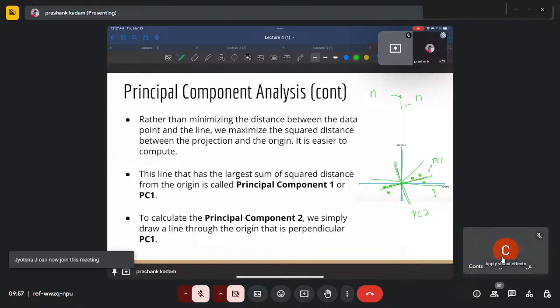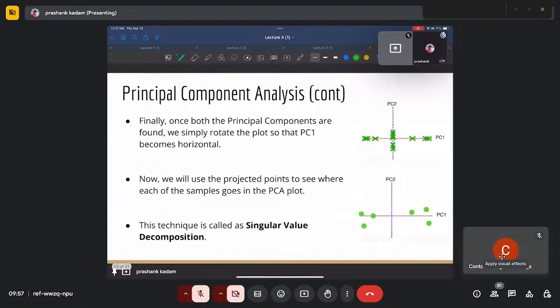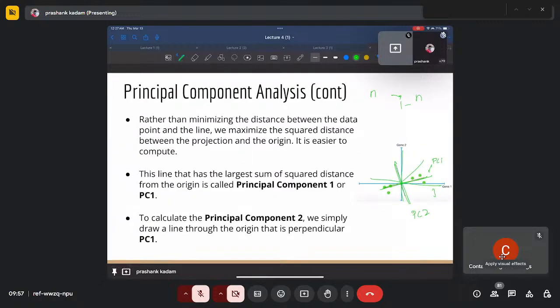So the more data that lies along the first principal component, the more the expressivity or the more the variance. Okay, so now that we have plotted both the principal components,